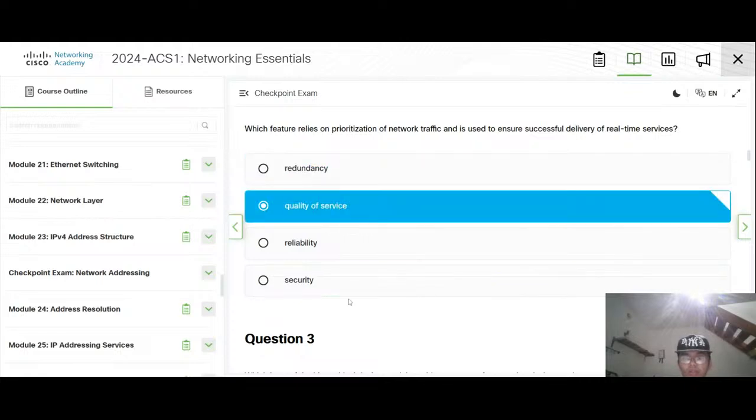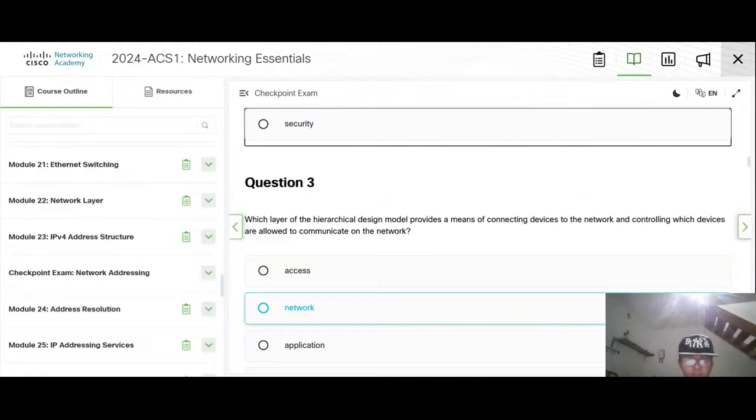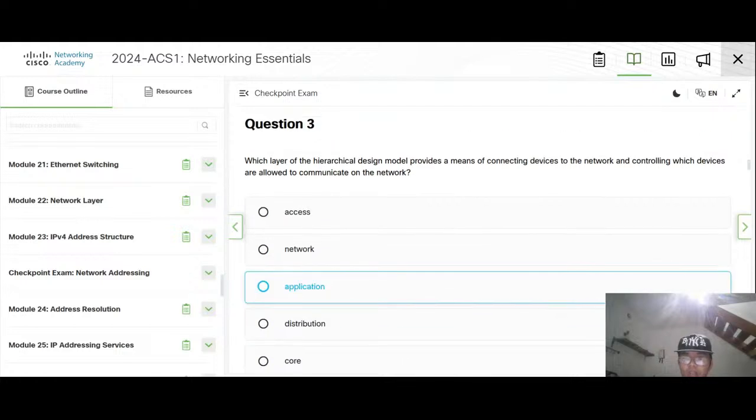It is quality of service. Notice the work.